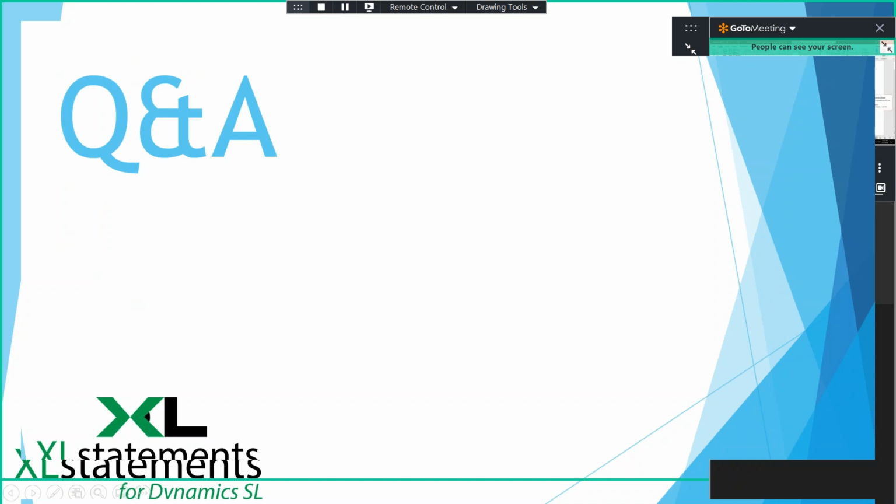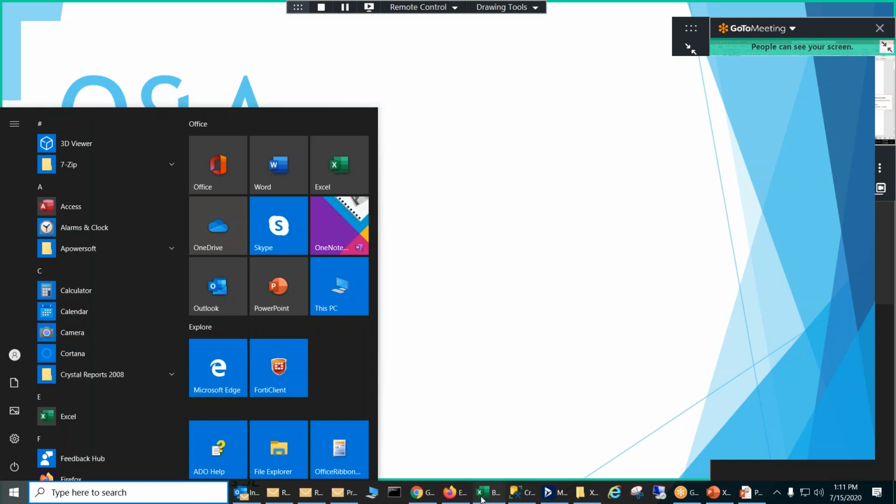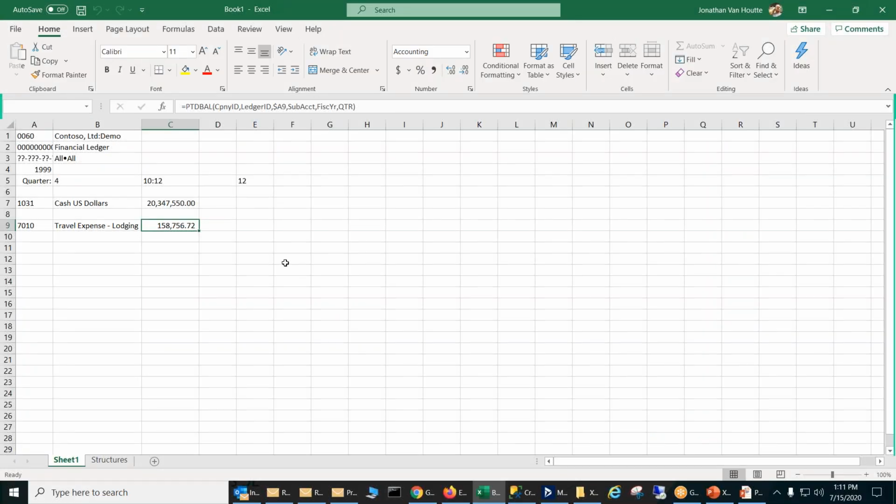Okay, so I'm just going to jump in, and I wanted to give an example of choose, because this is a question we get fairly often. You want to do quarterly reporting. So how do you do quarterly reporting in Excel statements? And you guys know that you can use mass lists and ranges with accounts and sub-accounts, also with companies if they're in the same database. But you can also use